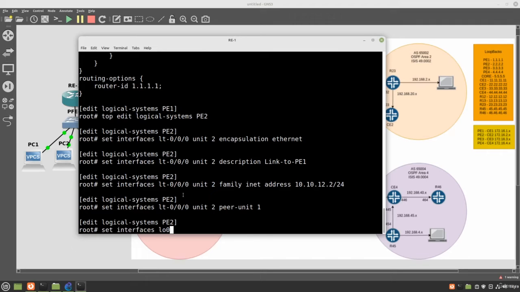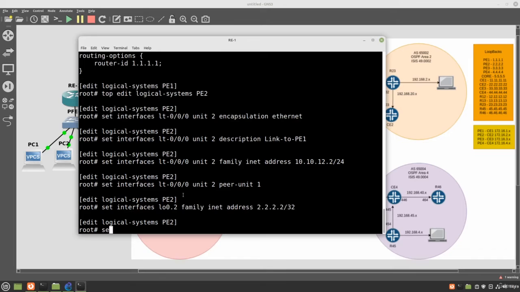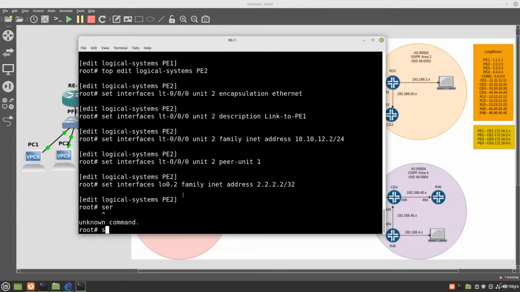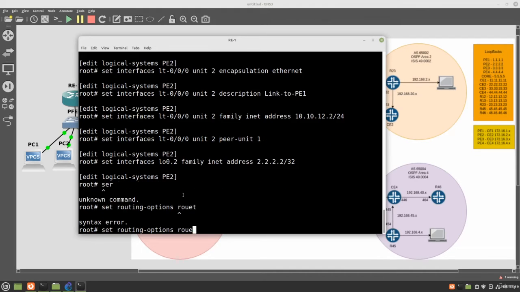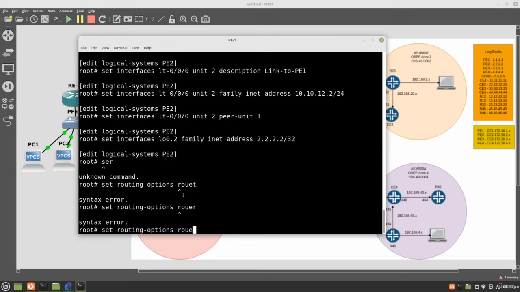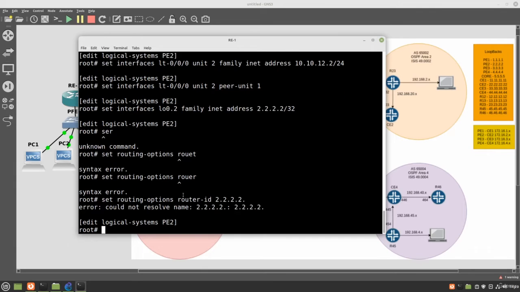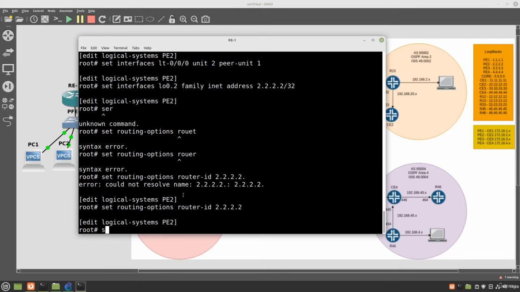So lo0.2 family inet address 2.2.2.2/32, and set routing-options router-id, and it's going to be 2.2.2.2. Okay, not with a full stop on the end. Okay, great stuff. Let's do a show,